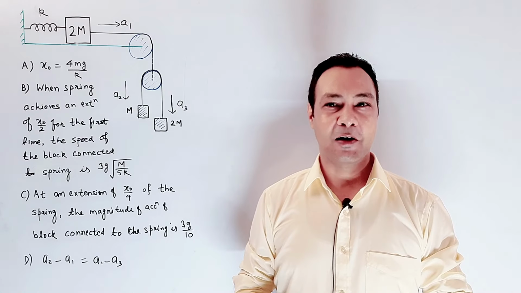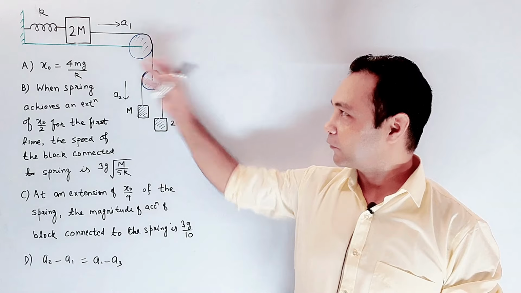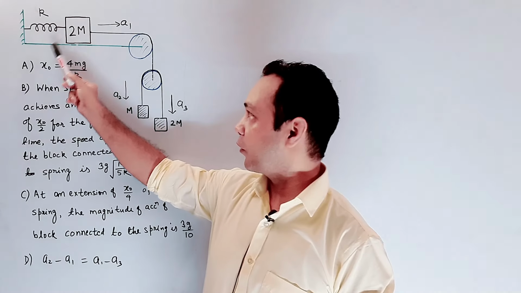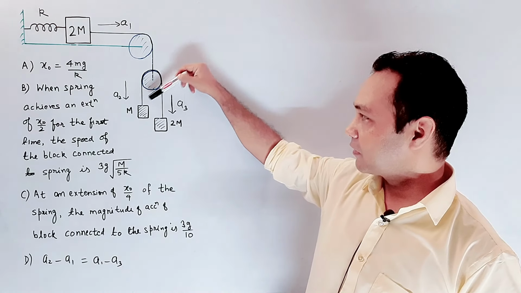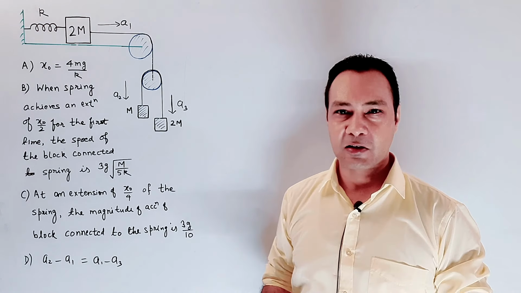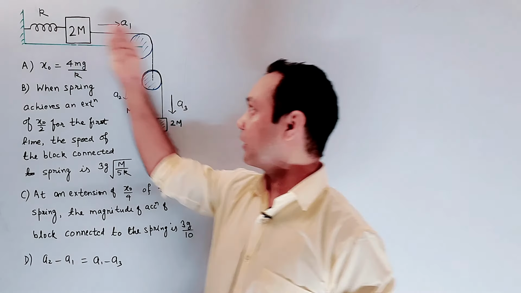Hello dear students, let's see this question of JEE Advanced 2019. So this is the setup of the question. No friction between the block and the horizontal surface. Pulley is ideal, string is ideal, everything is ideal, and this whole setup is released from rest, and at any